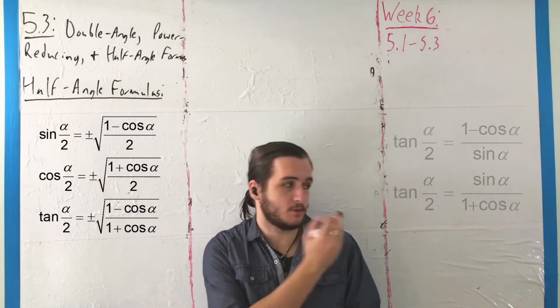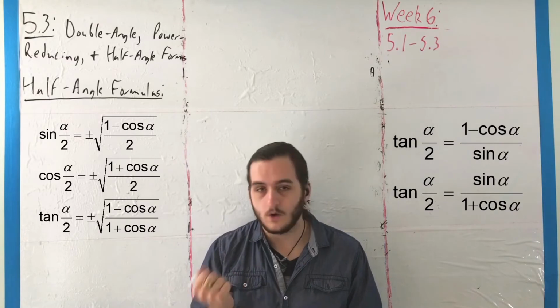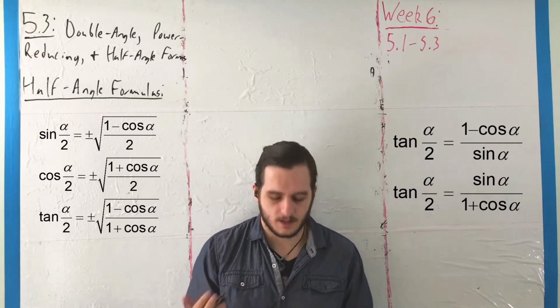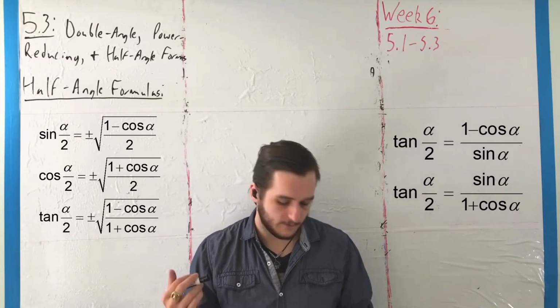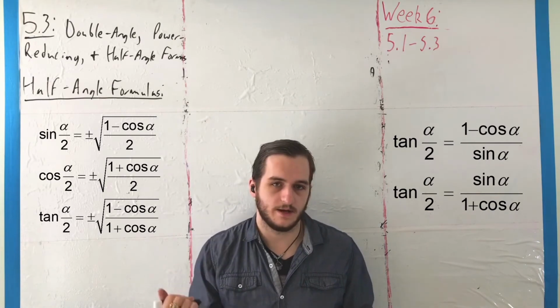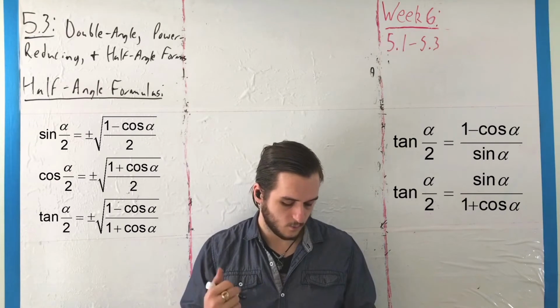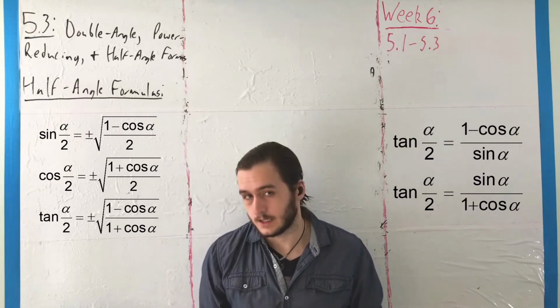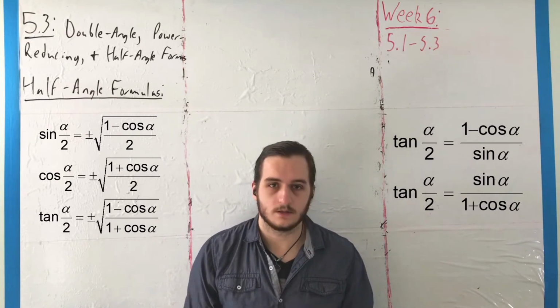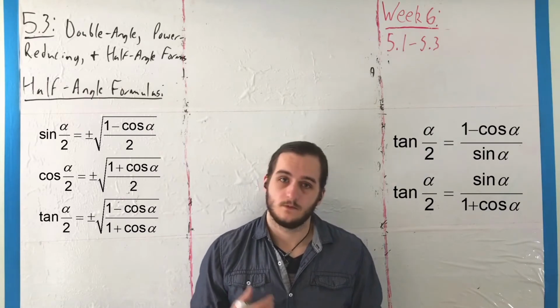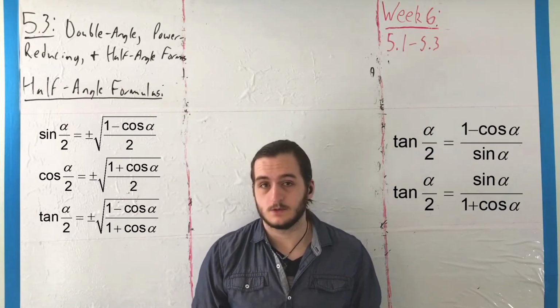Where in particular, I'll pull over here that there are alternates for that tangent one that are a little bit cleaner. We can say that tangent of alpha over 2 is either 1 minus cosine alpha over sine of alpha, or sine of alpha over 1 plus cosine of alpha, depending on exactly what we need and depending on what our angle is. But anyway, let's look at an example for how we can use this in terms of something